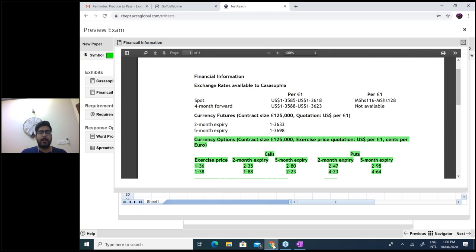I'm in Pakistan, and I'm receiving 100,000 GBP. What do I need to do? I need to sell GBP. Selling GBP means taking a put option for GBP. If I go to the money changer and he offers a contract in GBP, I have to sell GBP. Sell means take a put option of GBP.